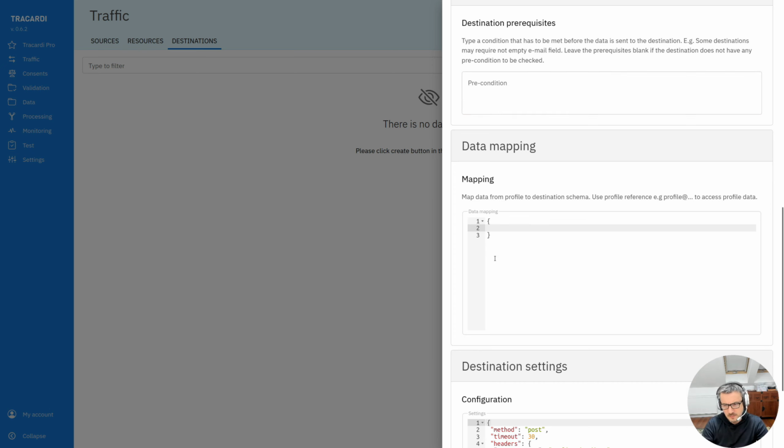Right now we can map the data from the profile to the schema of the external system. For example, we could send some data like email, so I need the data from profile email. I can also send some information about the name, maybe PII name, so I need this data from profile PII name. As you can see, you can remap the internal profile from Tracardi to meet the schema